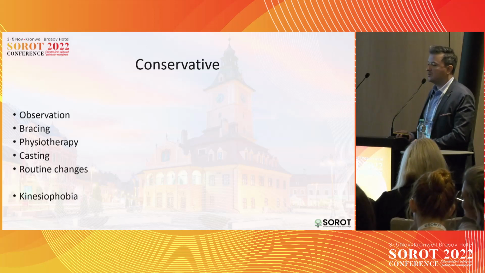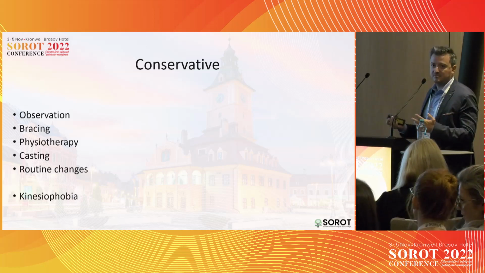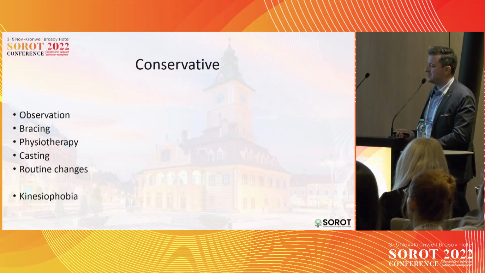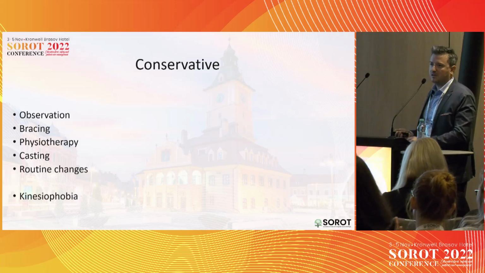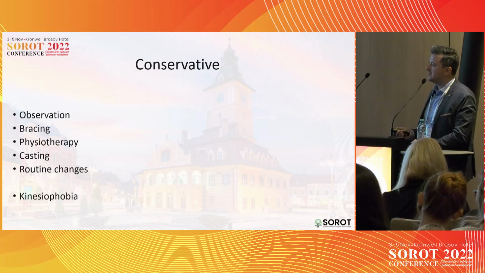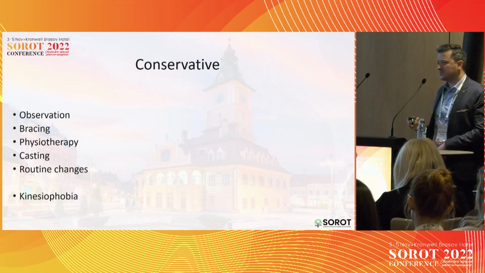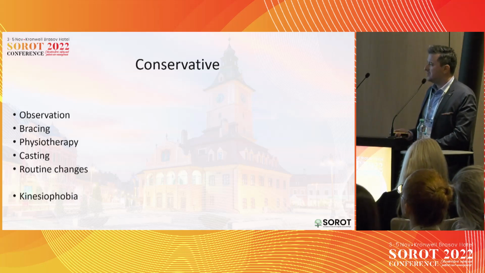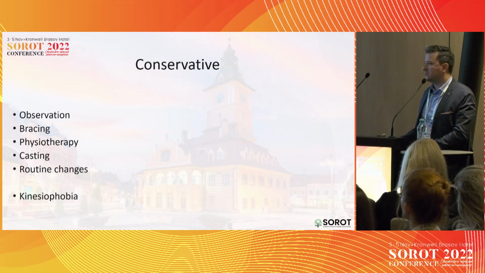Casting, I don't know who's doing it, but it can be something to consider for kids. And the biggest impact when trying to do a conservative treatment and delaying surgical procedures is routine changes. So you're taking that kid out of sports. You're taking that kid out of